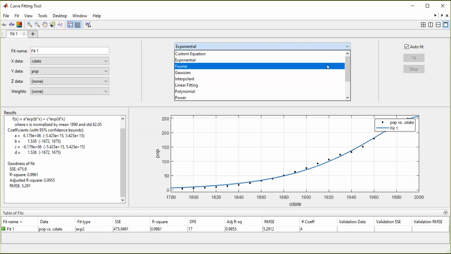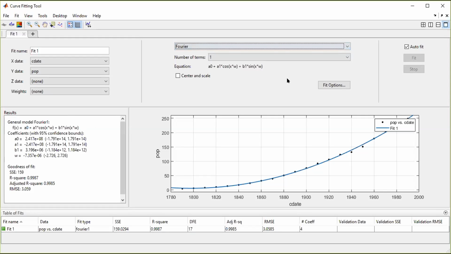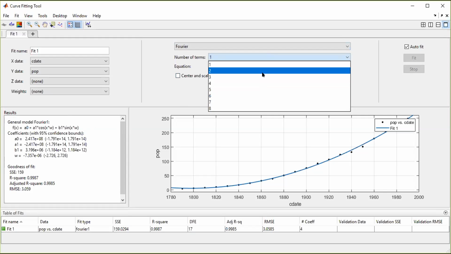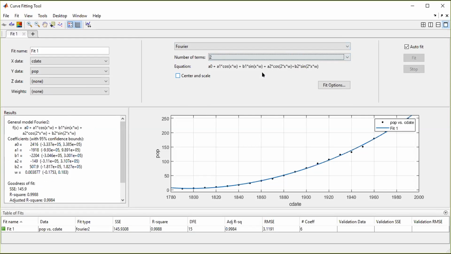You want to then fit a Fourier curve. You know how a Fourier curve looks. It has the cosine terms and the sine terms, and there is an amplitude to that. So if you want to fit a Fourier curve, this is the root mean square error you are getting. Here also you can increase the number of terms, because cos x, sin x, all of you have studied